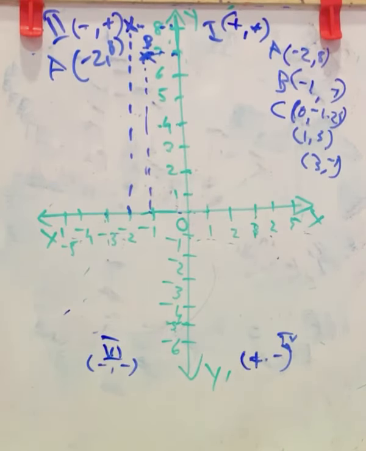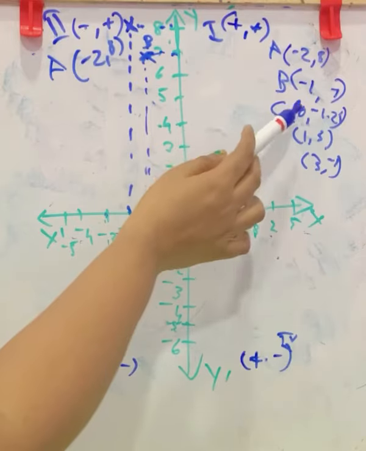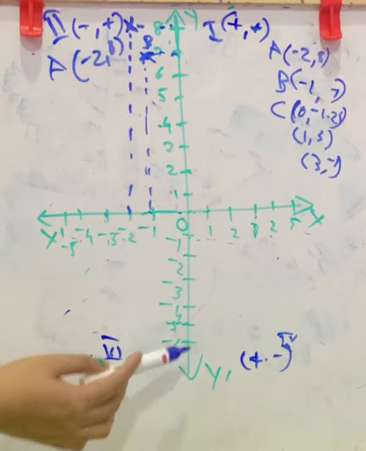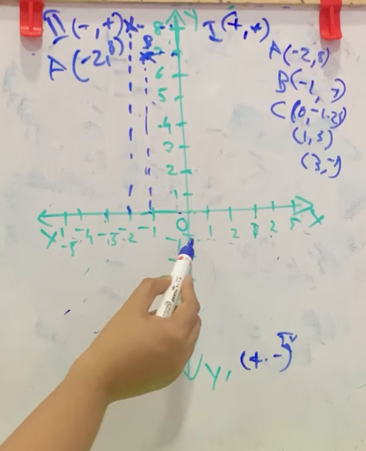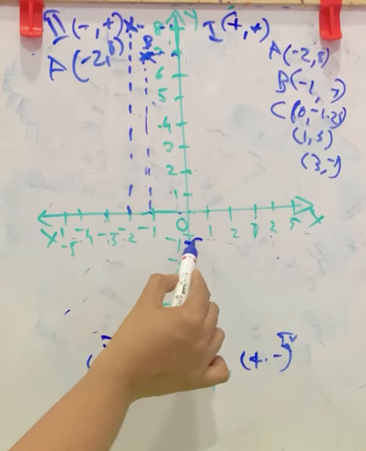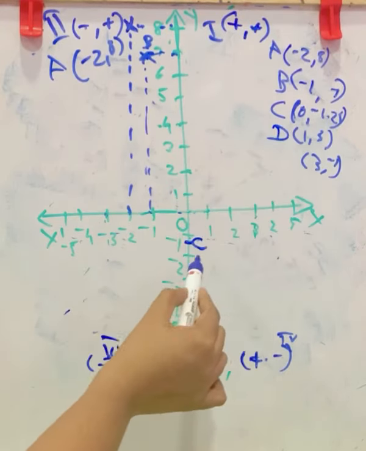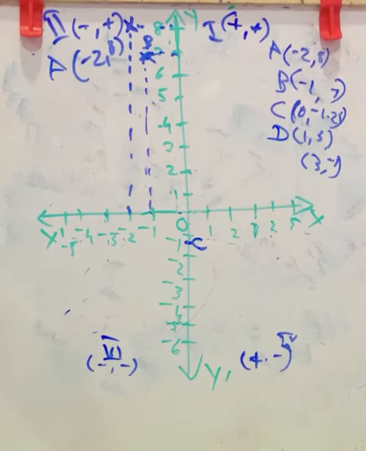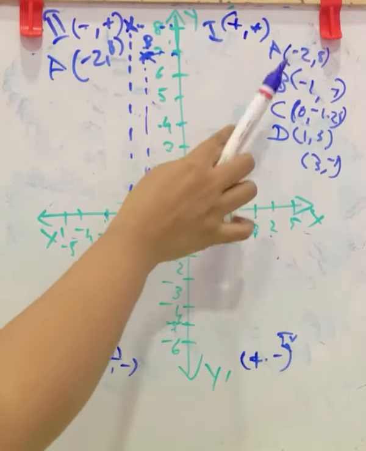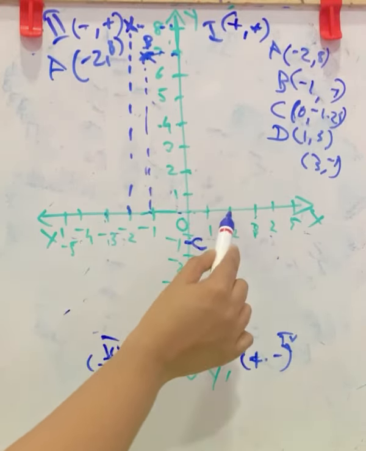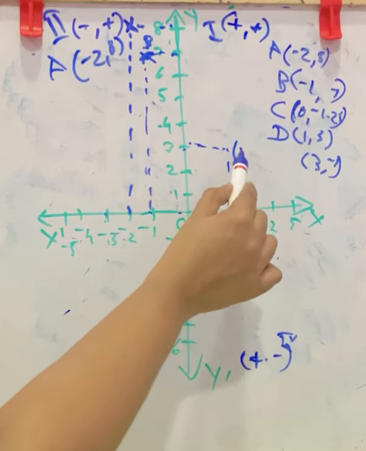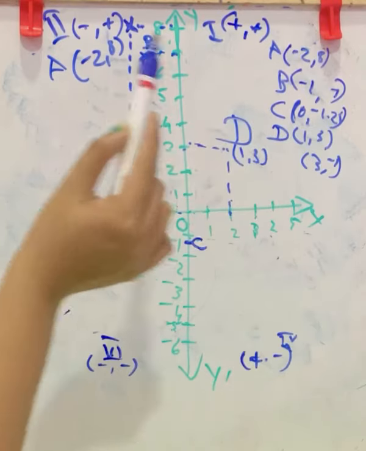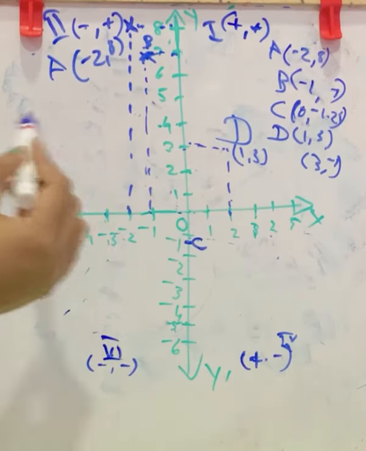This is C. That is 0 and -1.25. Here the x coordinate is 0 means it lies on the y-axis, and y is -1.25. Here is the -1 on y, and 0.25 means here will be the C. Now D, 1, 3. Both are positive. It is in the first quadrant. Now x is 1 and height is 3. That is here. This is the 1, 3. That is D.